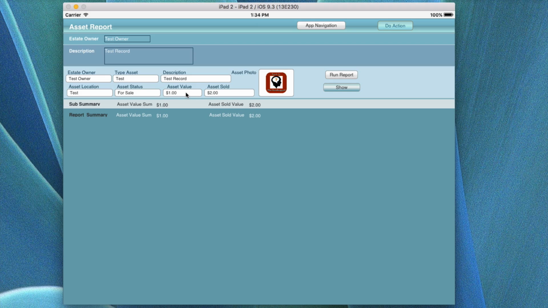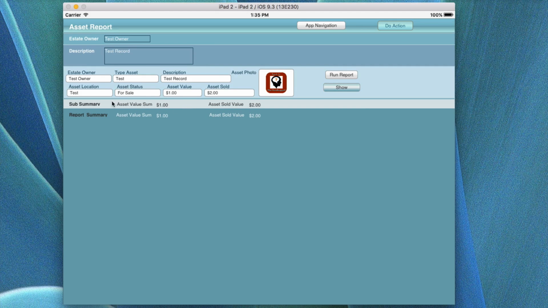The asset value is something you put in the asset, but here's the nice part, the asset was sold at. Now it's going to do an itemized look for a sub summary for the records that are in selection. So if you picked owner number 1 with the ID number 1, all the items would be calculated and summarized. So you can see the entire value of all the assets at the value, and then you can see everything that was sold, and you can see the sub summary for that, and then the grand summary of all the